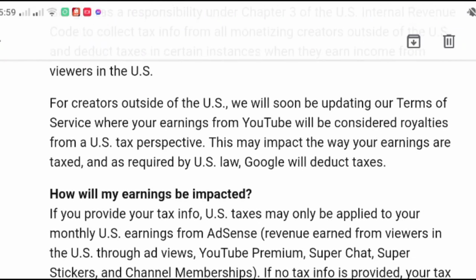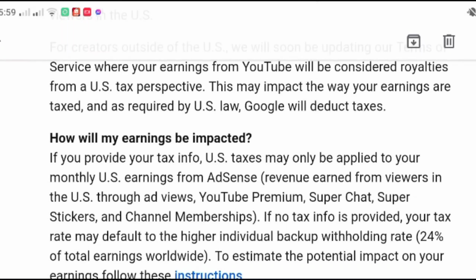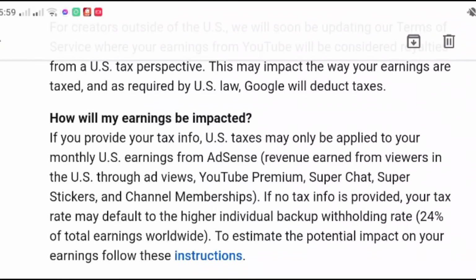So this may impact the way your earnings are taxed, and as required by US law, Google will deduct taxes. How will my earning be impacted? If you provide your tax info, US taxes may only be applied to your monthly US earnings from Adsense. So yung revenue na na-earn natin from viewers in the US through ads views, YouTube Premium, Super Chat, Super Stickers, and channel membership.